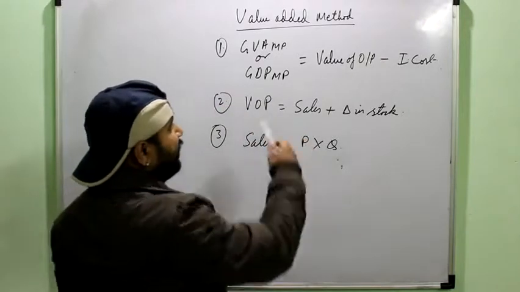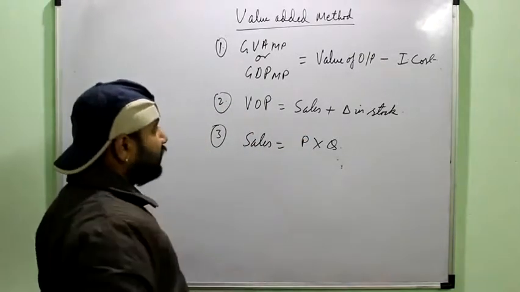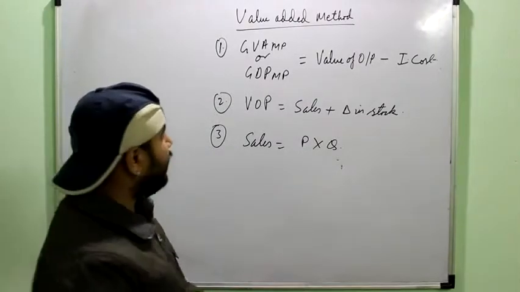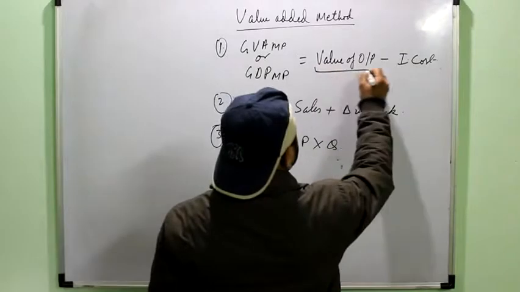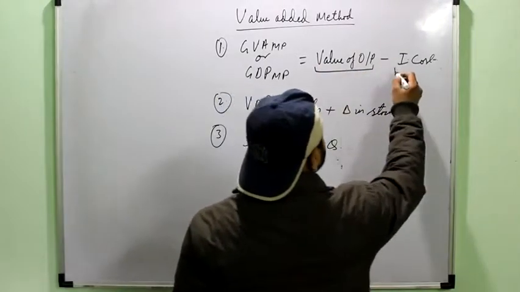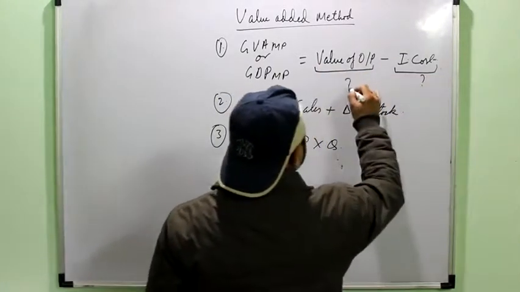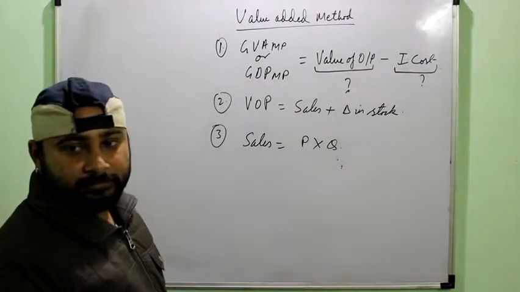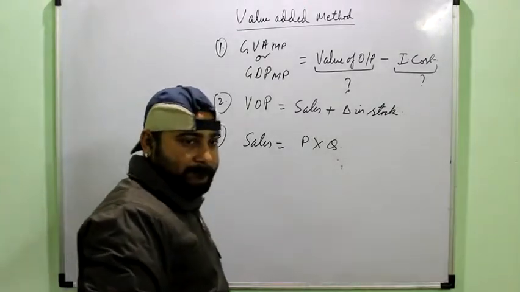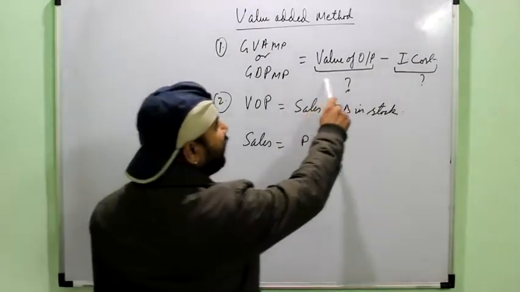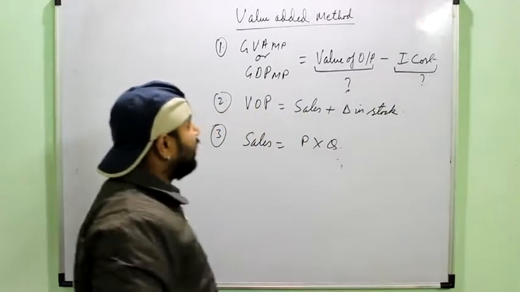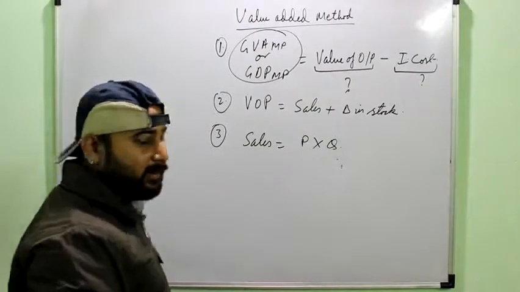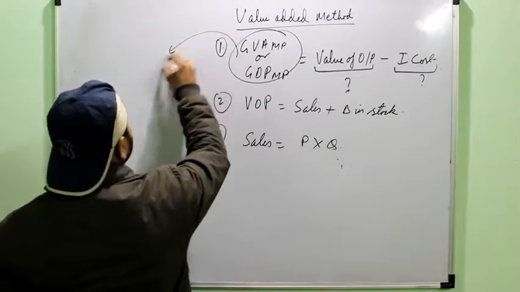So you have to remember these formulas. These are the important formulas of this particular method. And sometimes there may be a question where you are asked to find this value of output, or you are asked to find this value of intermediate cost. In that type of question, if the value of output or intermediate cost is to be calculated, then see, this would be given to you, right? But sometimes maybe say NVFC is given,